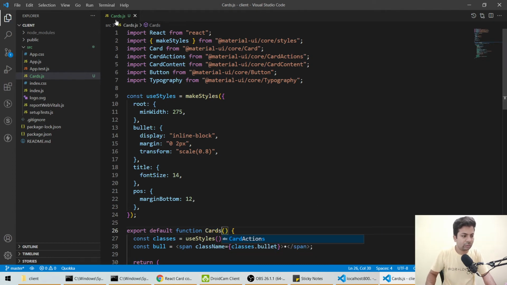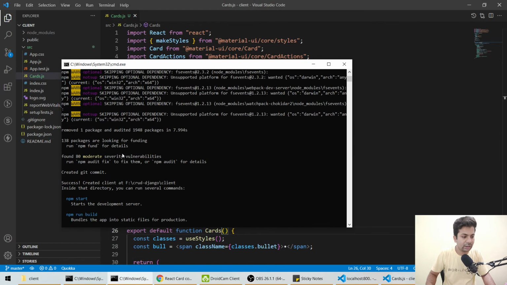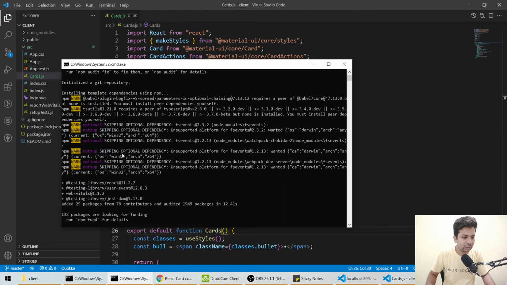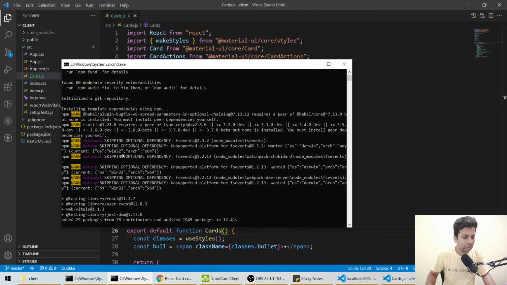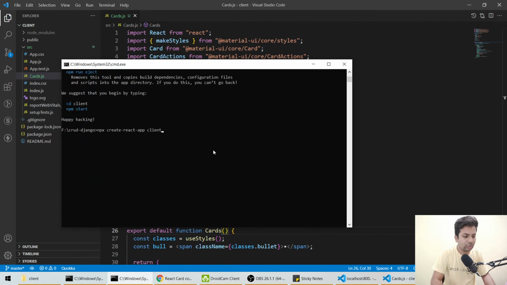Save it. You can just do npx create-react-app and the folder name. I have already done that. Now we have to install some packages. We'll say npm install axios, because we'll need axios for sending requests.